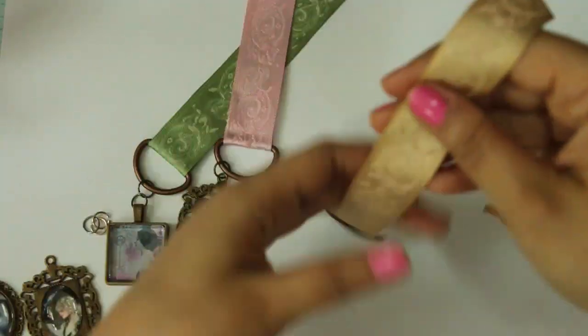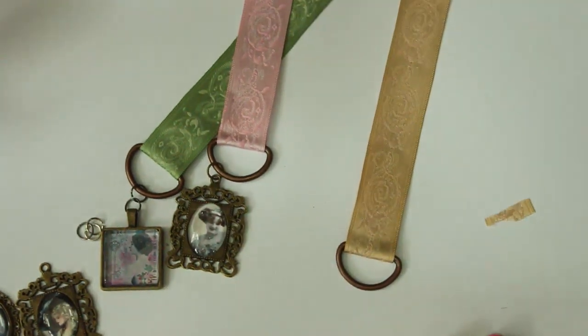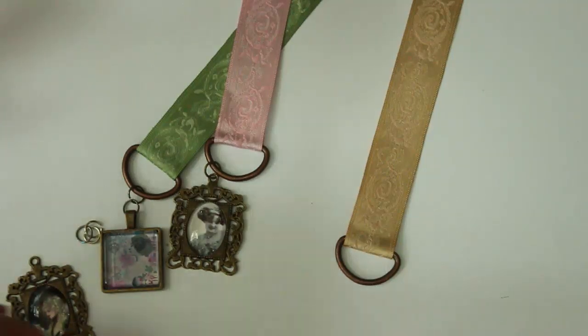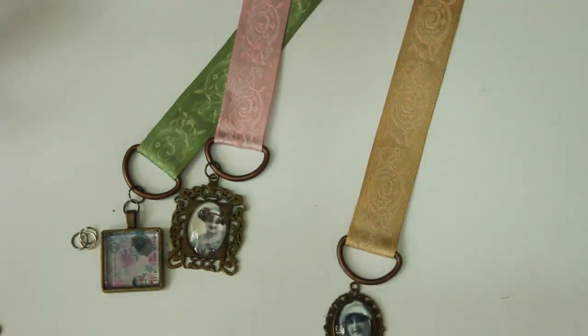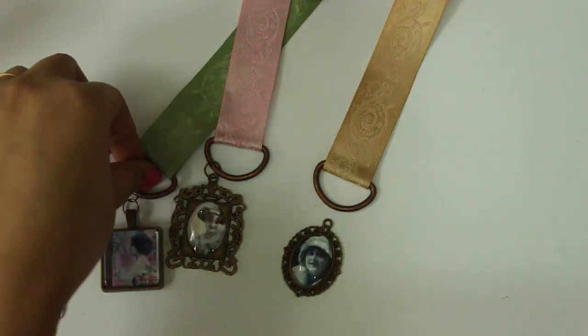A little up and down would work. And then I'm just going to add my bezel. So this time let's add the oval one. Okay, so for this I'm just going to take some more jump rings, and I have a huge lot of